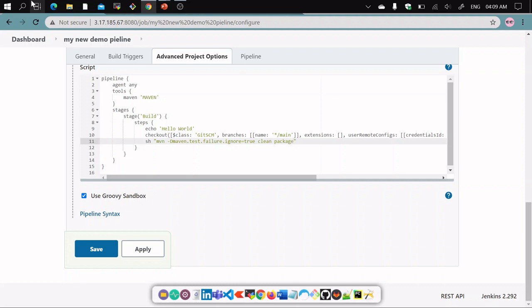These are the goals. So the main goal to build Maven is to package, meaning it just simply creates the artifact and then it creates a jar file in executable format.